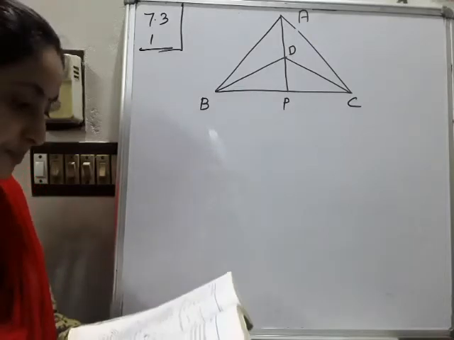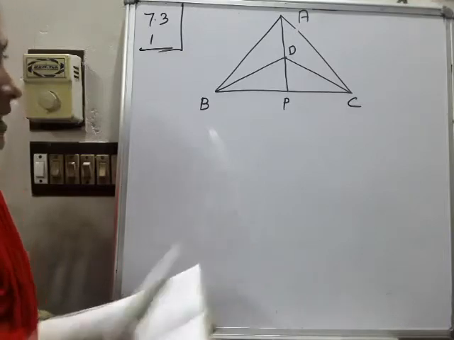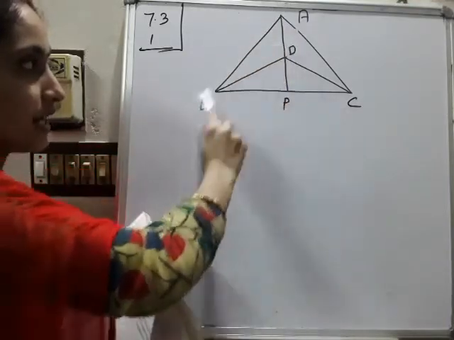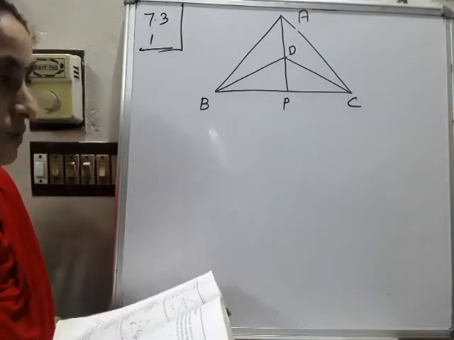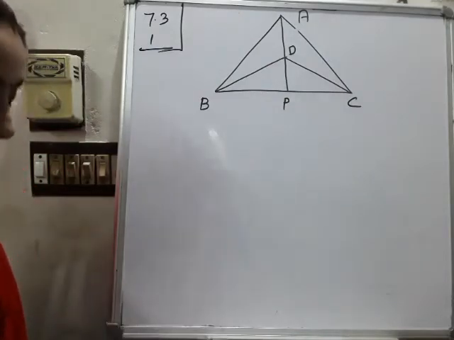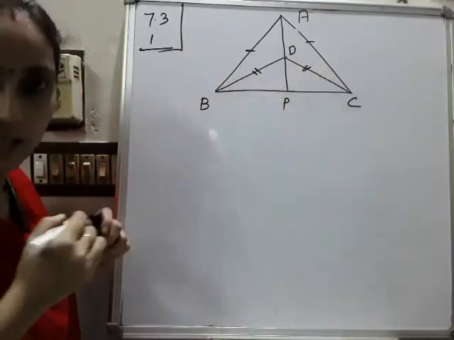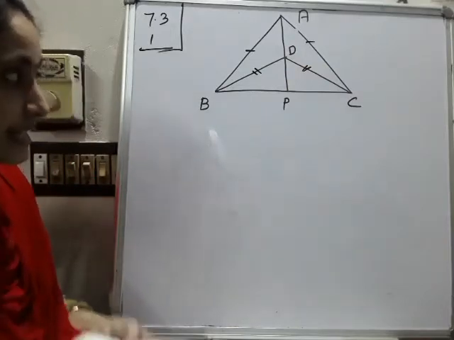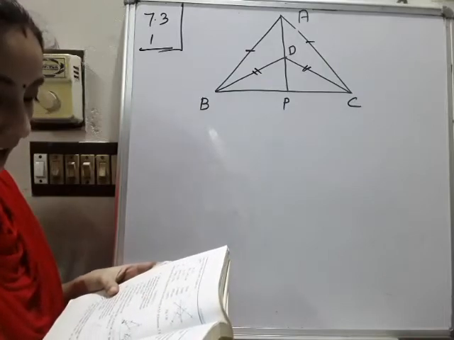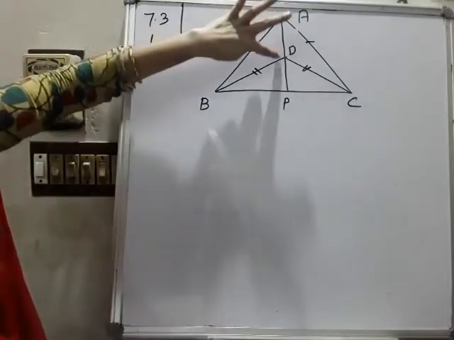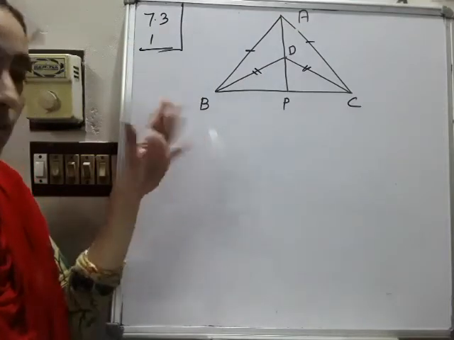Okay, triangle ABC and triangle DBC are two isosceles triangles. Two isosceles triangles means what? Two sides are equal. So from that you can write: this side and this side are equal, this side and this side are equal. Isosceles triangles with the same base BC, and vertices A and D are on the same side of BC. So A and D are not on opposite sides. In one earlier question we did it on the opposite side, but here it is on the same side.